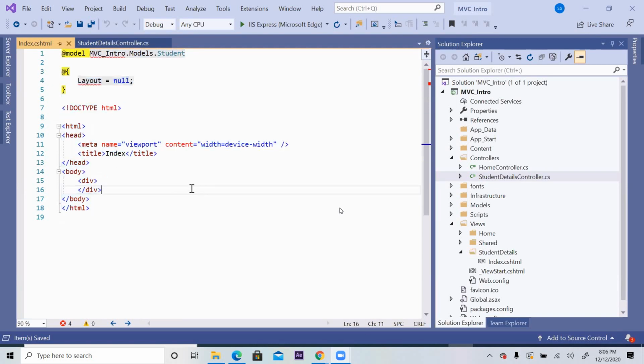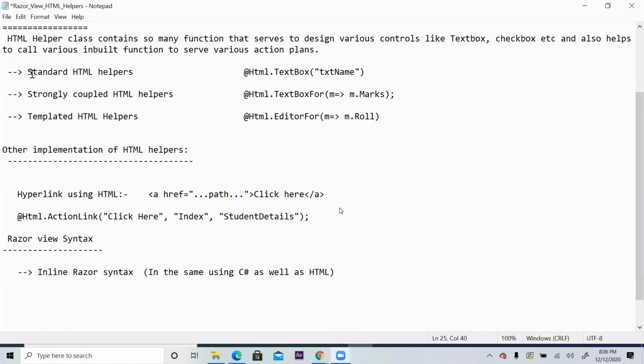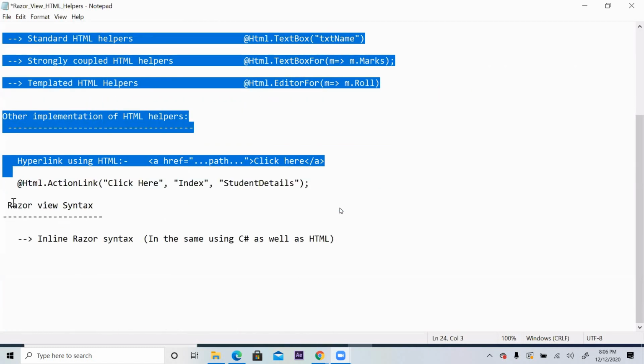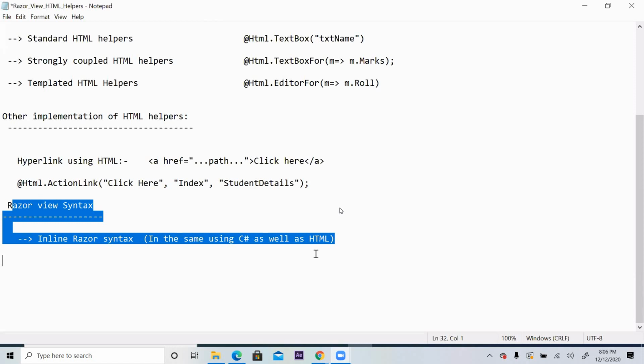Just one HTML blank page, you can say that. Because we want to create our own view, right? So how to start the view and how to work on these topics, whatever we covered yesterday, and today we are going to learn also a few more syntaxes.